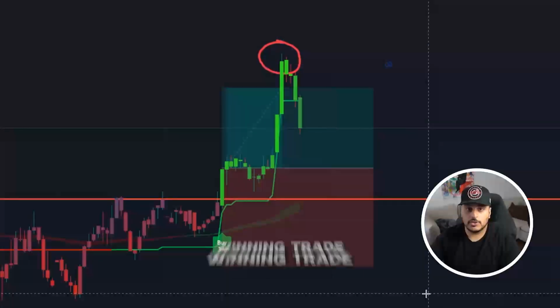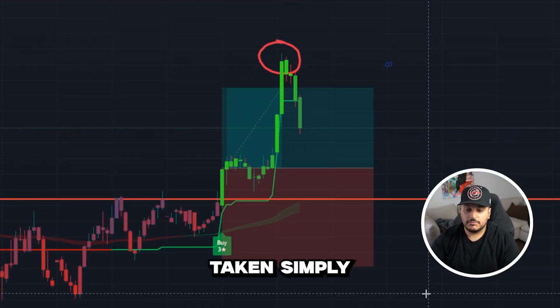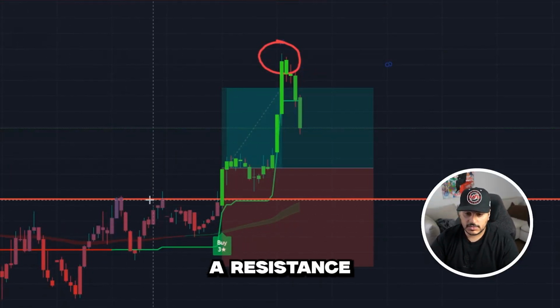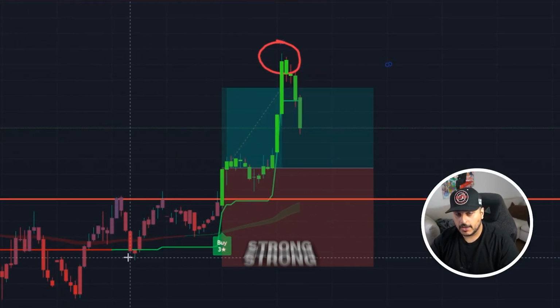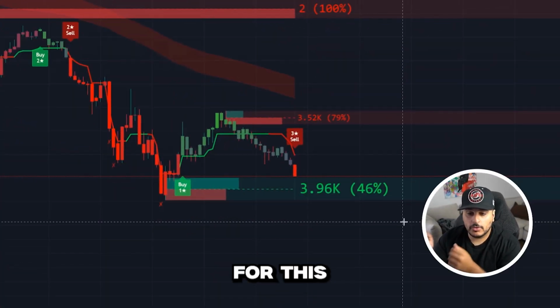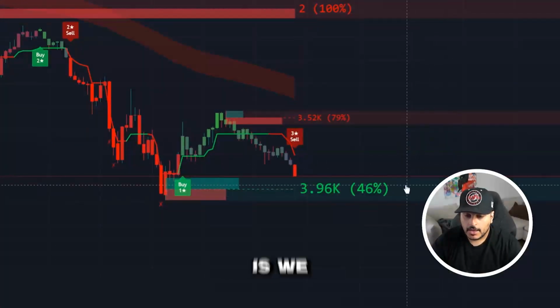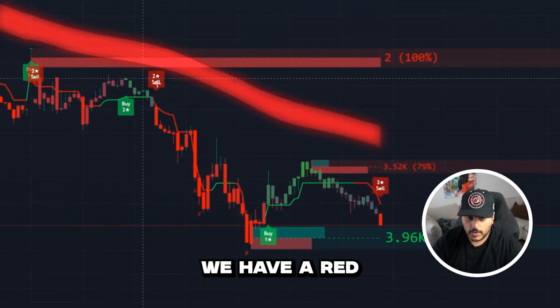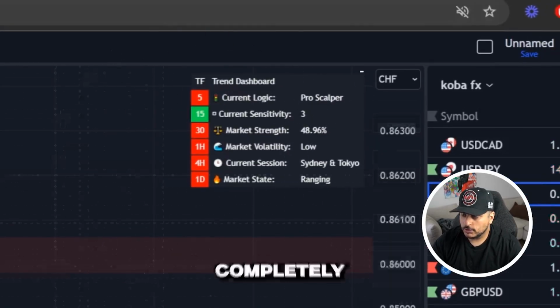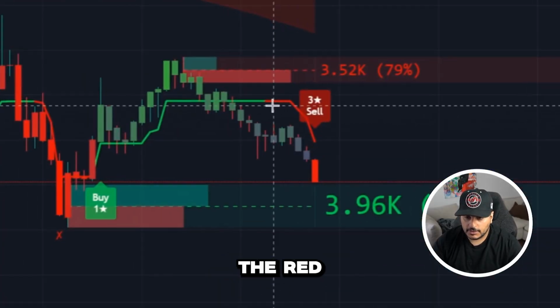And this would have been another winning trade that we could have taken simply because we followed our confirmations and we knew that there was a resistance break right up here, meaning that we had strong momentum to the topside. And finally, one last example for this strategy right here is we have this. We have a red echo cloud that's extremely thick, so we know we're in a strong downwards trend. We can see the dashboard as well, showing us that we're completely bearish, and we have the red trend